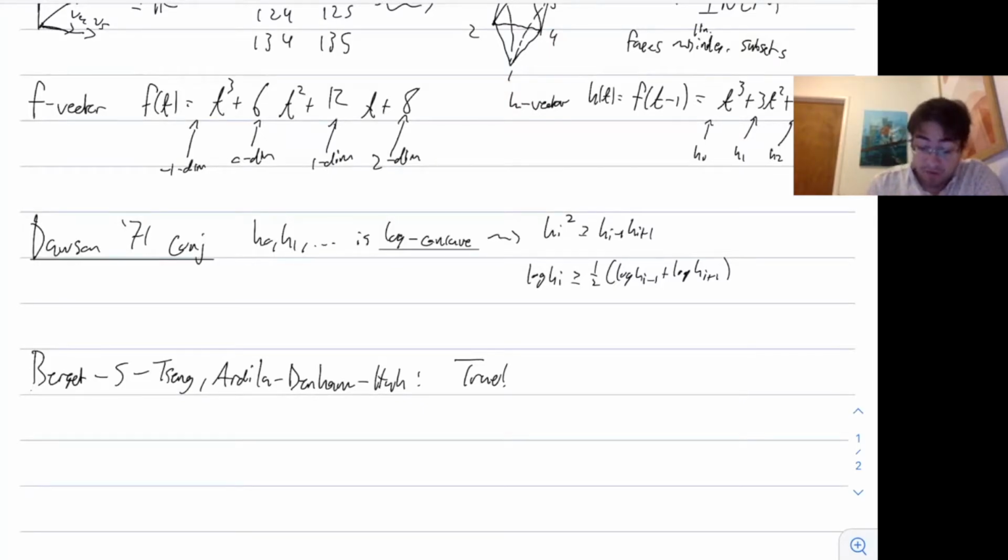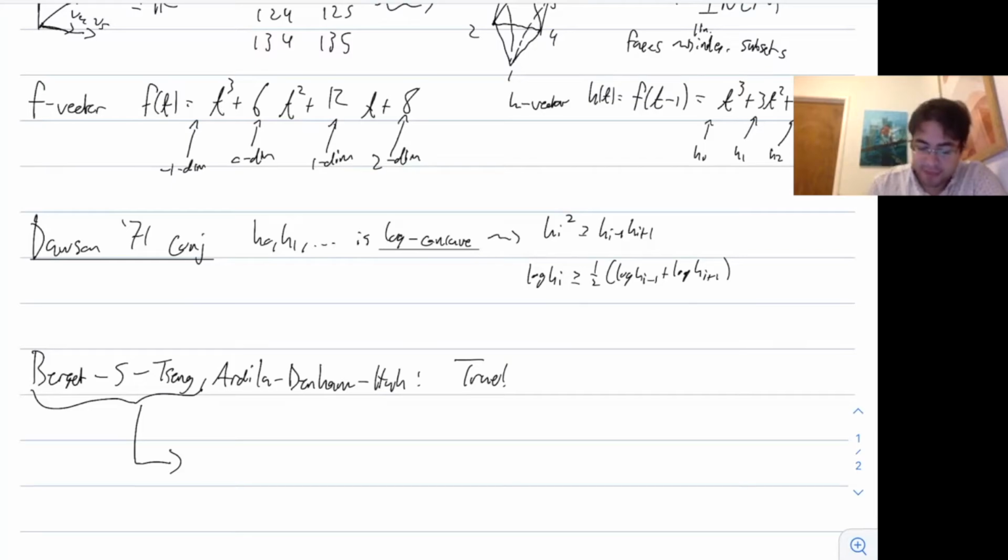But moreover, we had 2 completely different ways of establishing this. Ardila, Denham, and Huh's method also establishes log concavity of a different sequence associated to matroids that we can't access. But in our work we use simpler methods, but we're actually able to get a strengthening of the log concavity